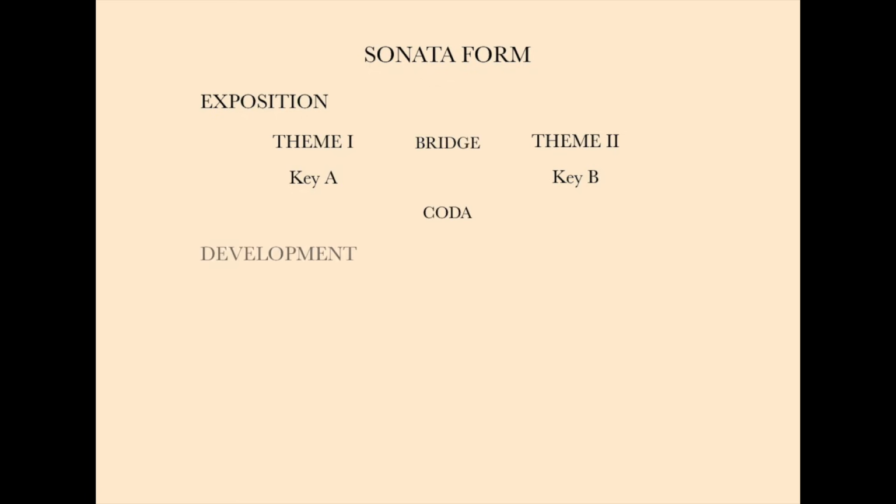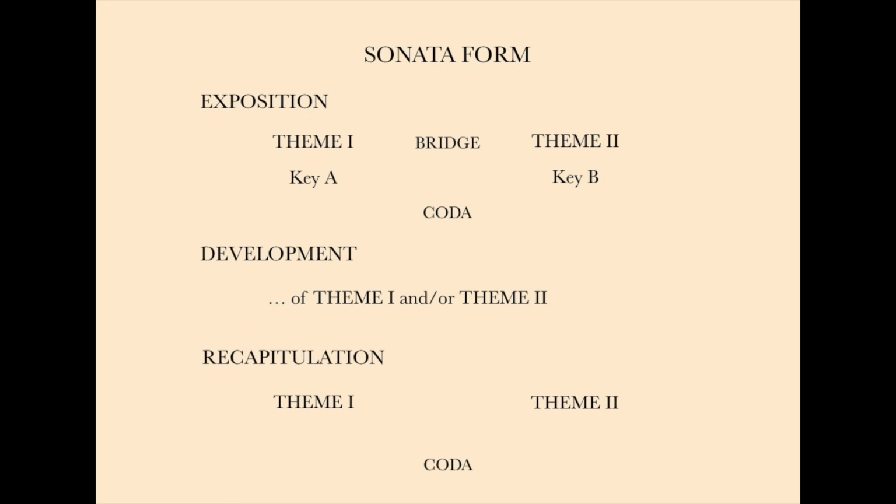The second section is called development, in that it develops the material presented by one of the two themes, or both. The third section is called recapitulation, in which the exposition is restated. However, the key used for the second theme here changes in order to end the piece in the right key. This is done because in the exposition, the key of the second theme was different from the main key of the piece. Chopin's experimental approach with the sonata form idea superimposed to a different form, in the case of the Polonaise Fantaisie, the ABA of the Polonaise, is innovative.